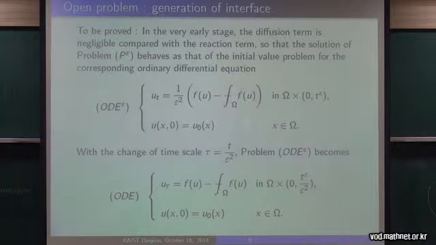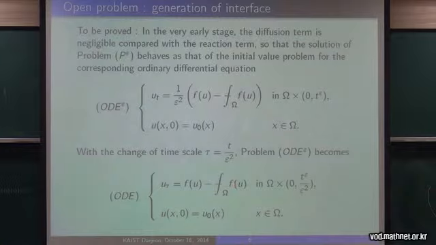So the first thing we do is we change the time scale. We set tau equal t over epsilon squared. And so then all coefficients in the ordinary differential equation become of order 1. So we just have u tau equals f of u minus average of f of u